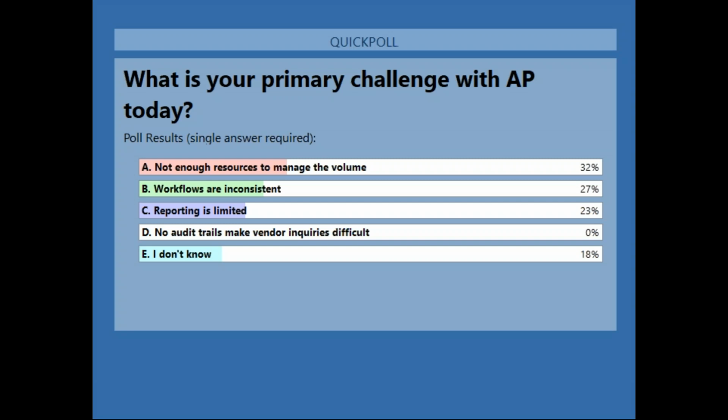23% of you say reporting is limited, and that's something we'll talk about as a real benefit of accounts payable automation. The reporting allows you to identify trends in payments, but also trends in issues with your suppliers. So it's very important to have proactive supplier relationship management, and this can save hours, days, months of time. I've seen some research results that show that in some organizations, AP professionals spend 43% of their time handling supplier calls,